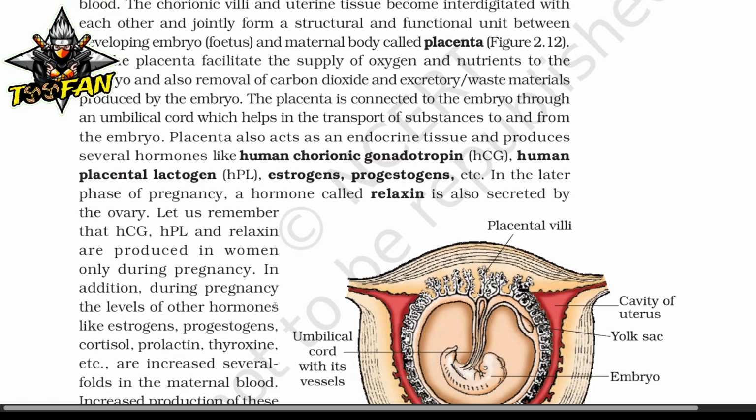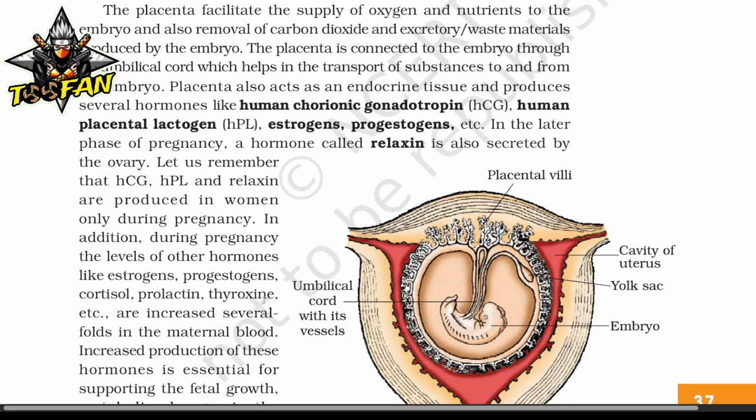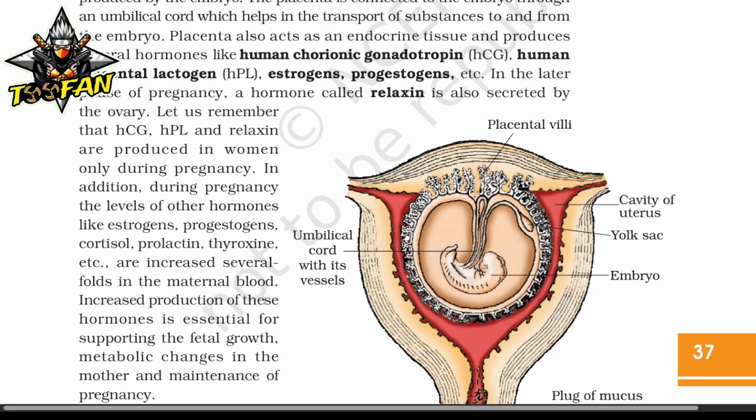during pregnancy. In addition, during pregnancy, the levels of other hormones like estrogen, progesterone, cortisol, prolactin, thyroxine, etc. increase several-fold in the maternal blood. Increased production of these hormones is essential for supporting the fetal growth, metabolic changes in the mother, and maintenance